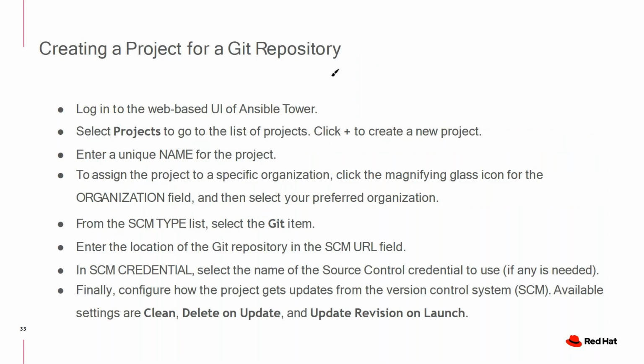Creating a project for a Git repository. Log into the web UI for Ansible Tower. Select Projects, go to the list of projects, and click the plus button to create a new project. Enter a unique name for the project. To assign the project to a specific organization, click the magnifying glass icon for the organization field and then select your